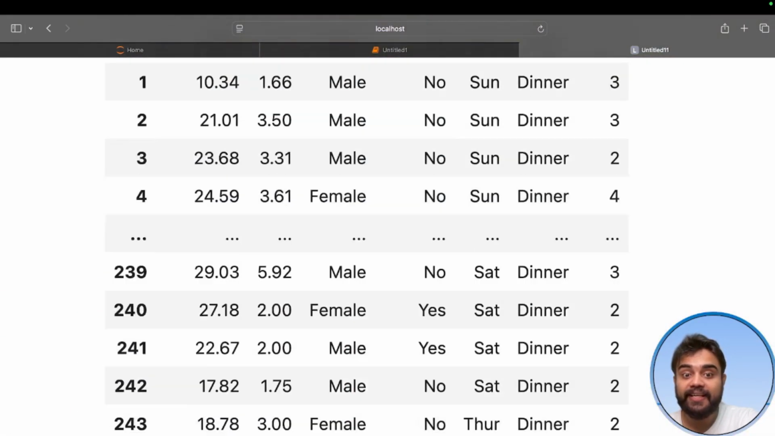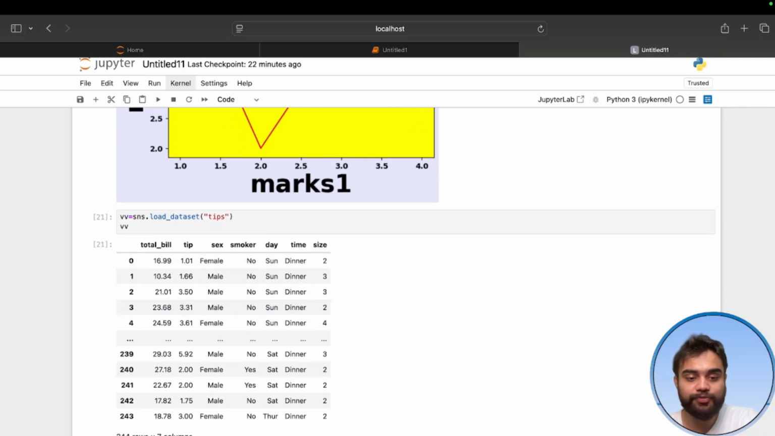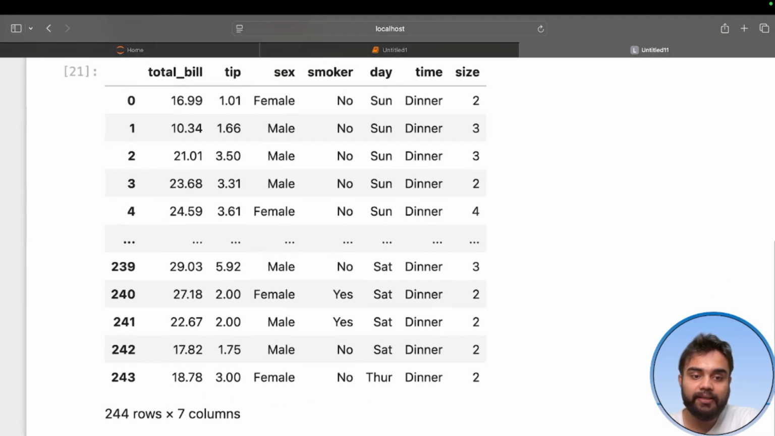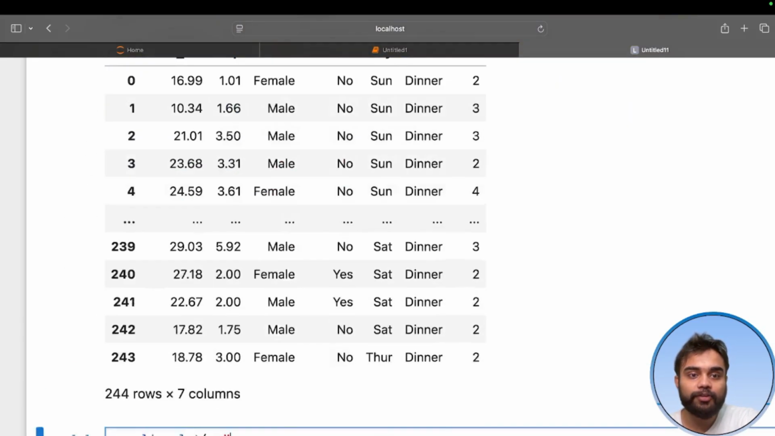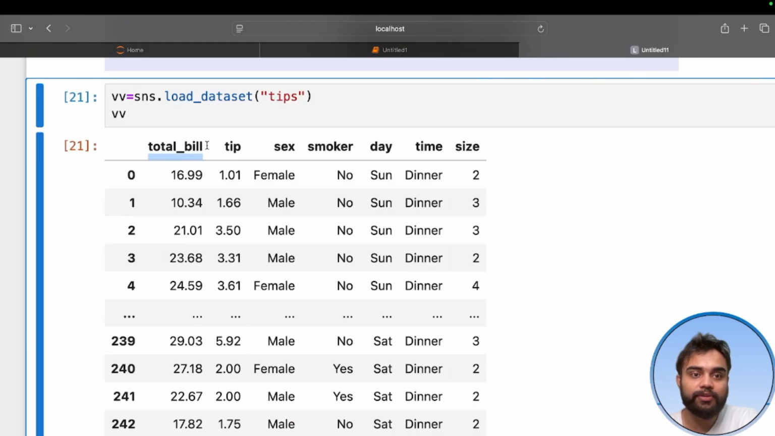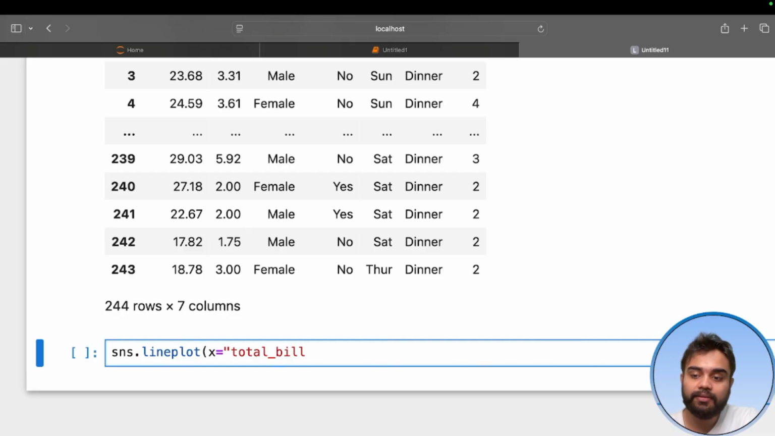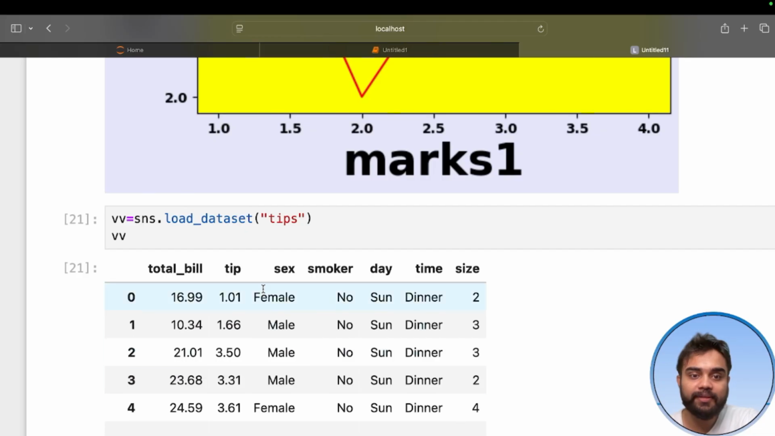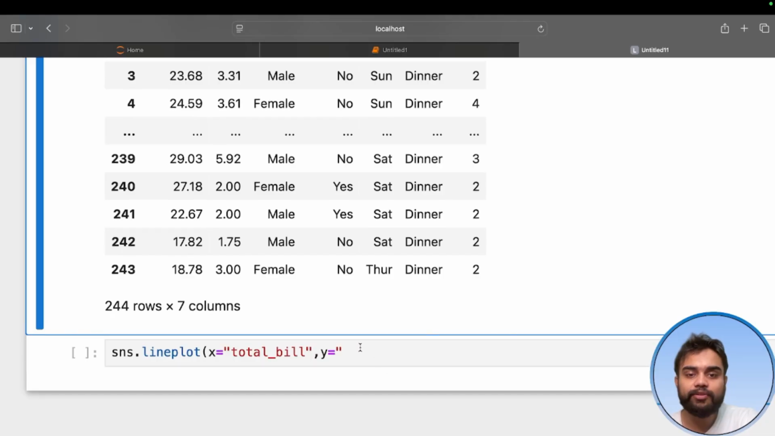I'm going to create a line plot with the help of this tips dataset. For that, sns.lineplot, and here I'm going to mention the x variable. For x I'm going to take this one, total bill. Command C and command V here. And for y I'm going to take tip. So here is the tip. You can copy it, command C, control V you have to do,